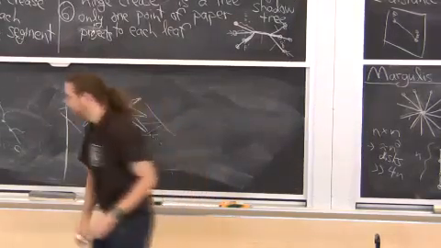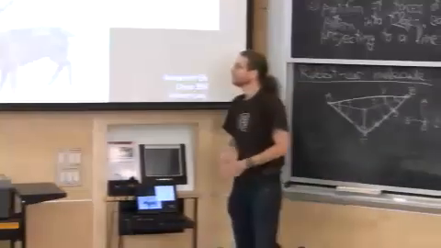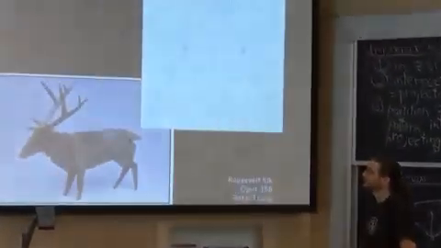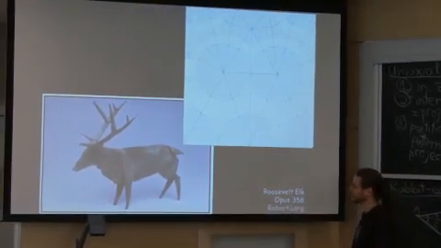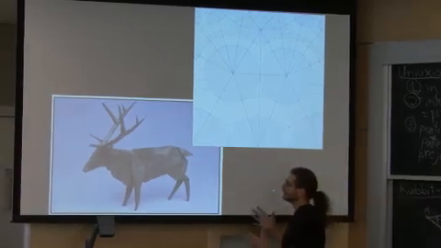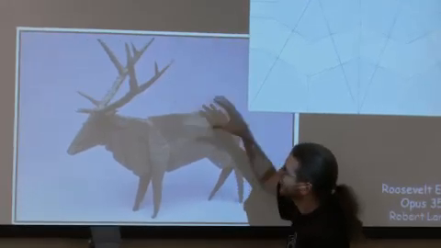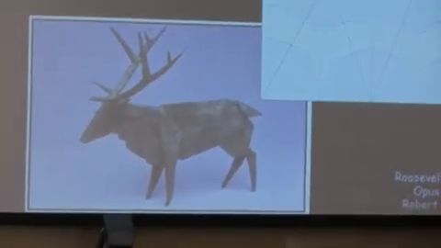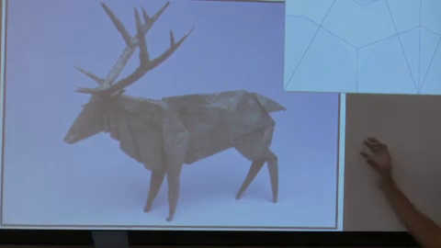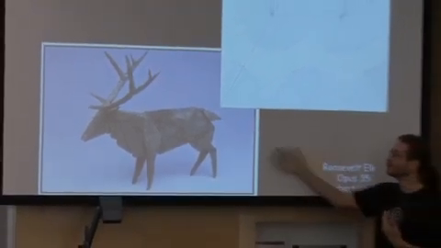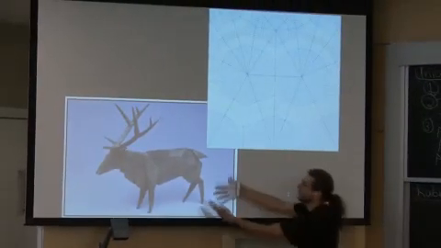All right. I have now some more real examples by Robert Lang and by Jason Ku. So here is a Roosevelt elk, and Rob is all about getting very realistic forms. So all of the branching measurements, and I'm sure if you knew a lot about elks, you could recognize this is a Roosevelt elk, not some other elk. And you can achieve that level of detail and realism using the tree method because you can control all of the relative lengths of those segments and get perfect branching structure and get the right proportions for the legs and